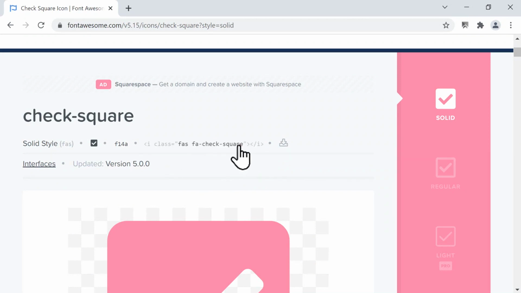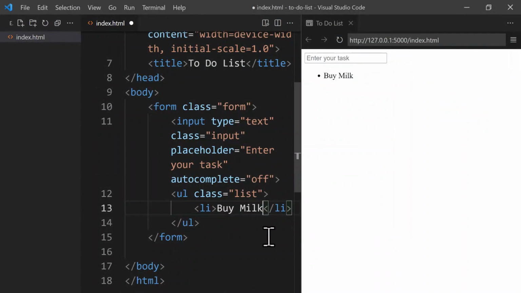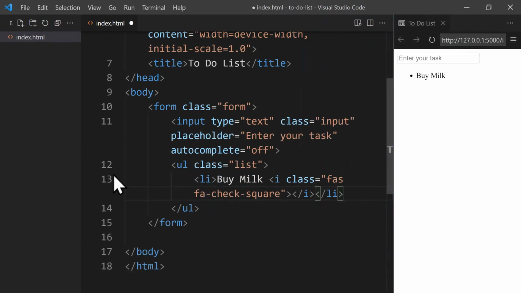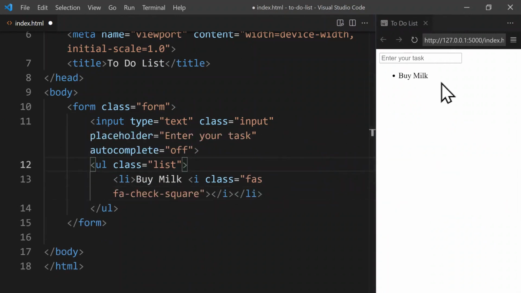So we click, so it's copied, and we can now go back to Visual Studio Code and just paste it after buy milk. Let's decrease the size of this so we can see it better, and also we can close this section. All right. We cannot see the icon yet because we must add a link to the Font Awesome CDN within